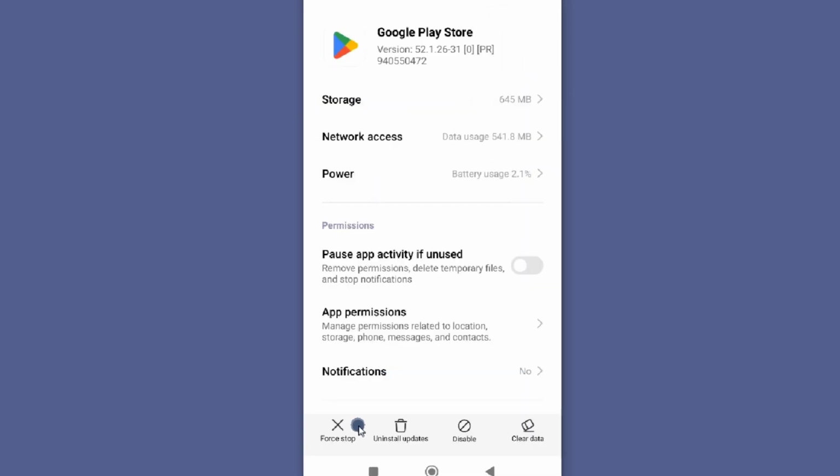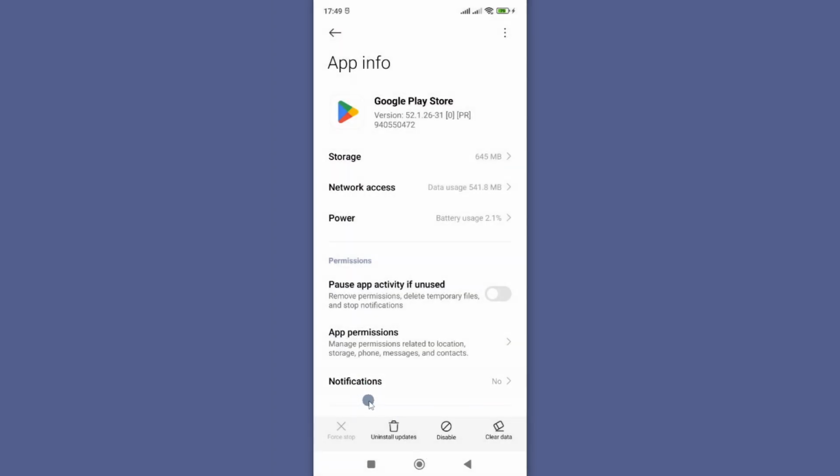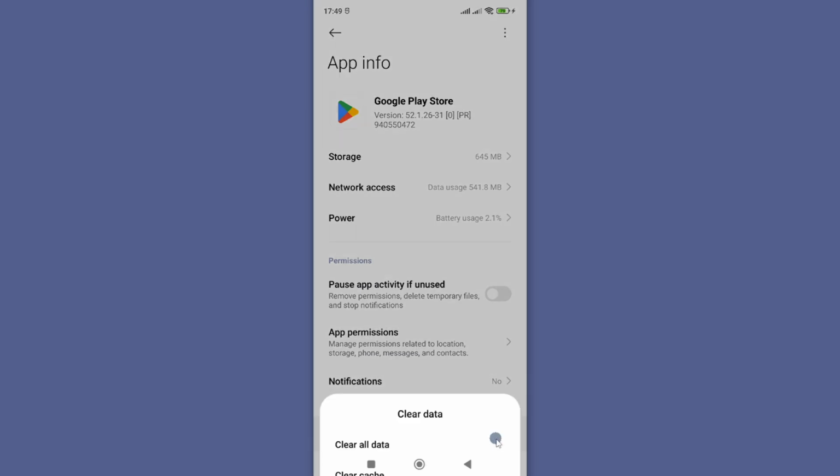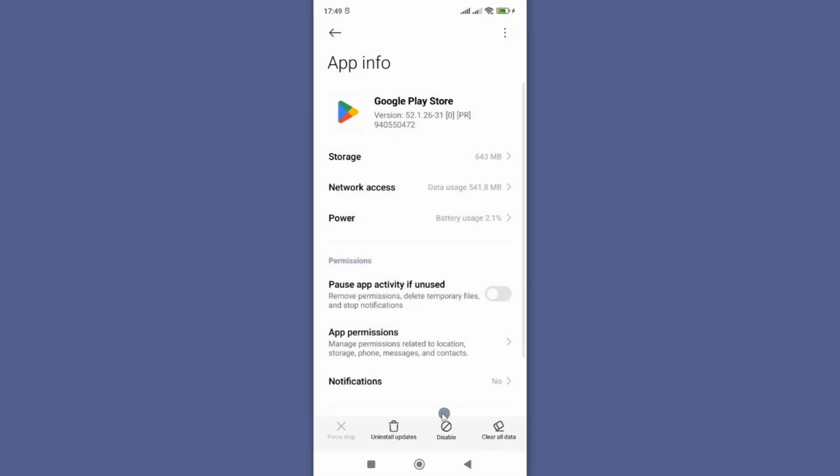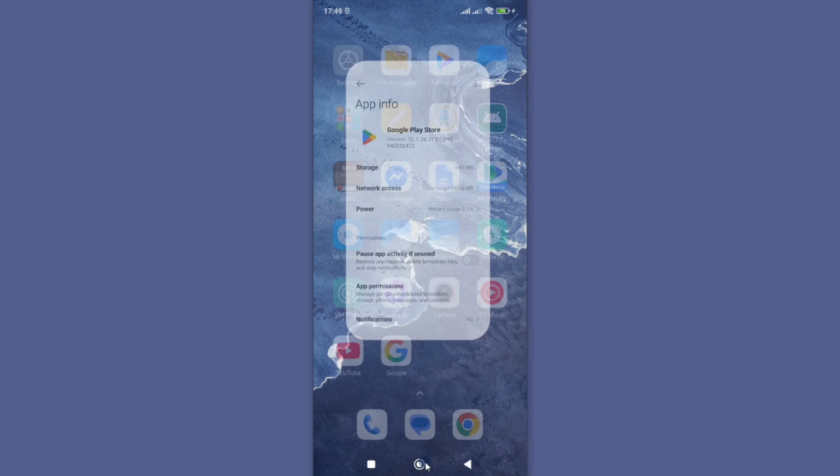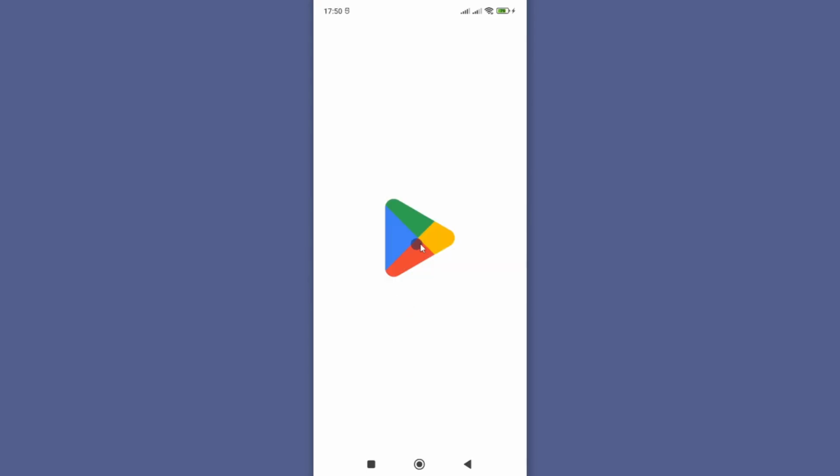Here go to force stop and confirm. This will stop any background activities that might be causing the issue. Then go to clear data and choose clear cache, and okay. Once you are done, restart your smartphone, and now if you go back to your Play Store and activate search,